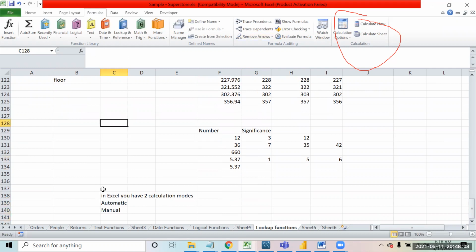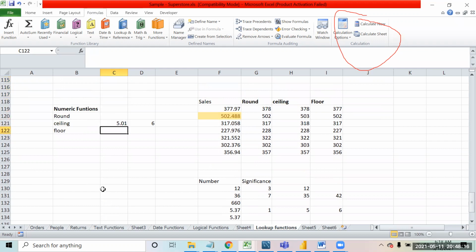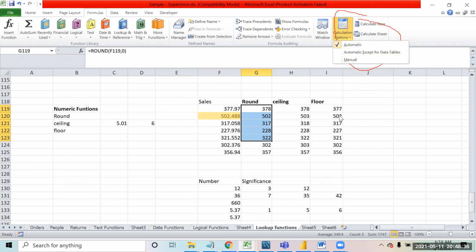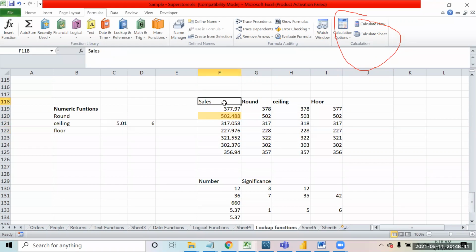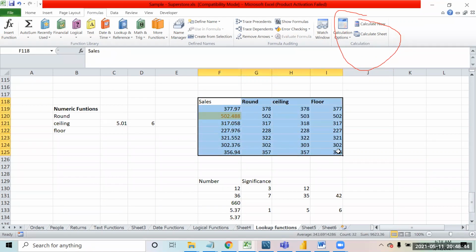Automatic is the default, the one that we were using right now also. Calculation means when you apply any formula. You have noticed the calculation happens right away. The moment I was applying the formula, the calculation was happening. That is because my calculation option is automatic. The moment you apply a formula, the calculation is going to happen. So this is something that is self-understood.